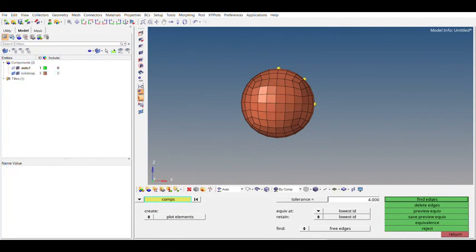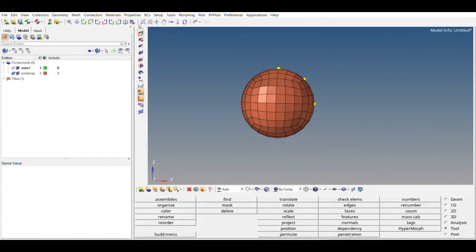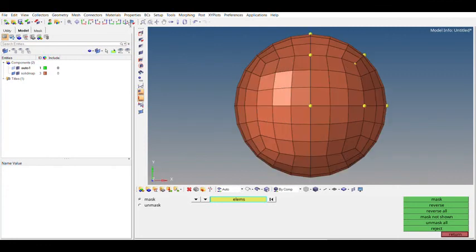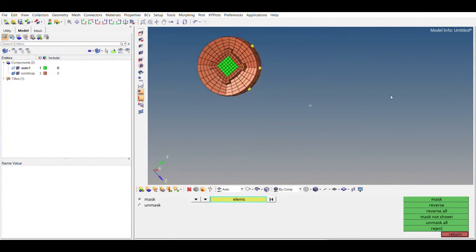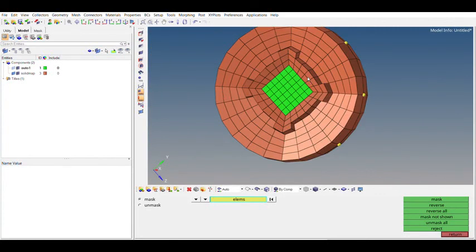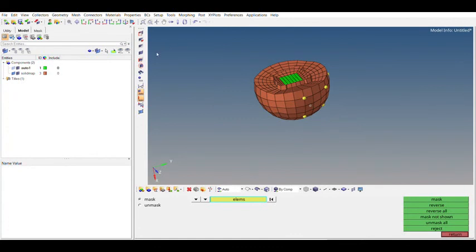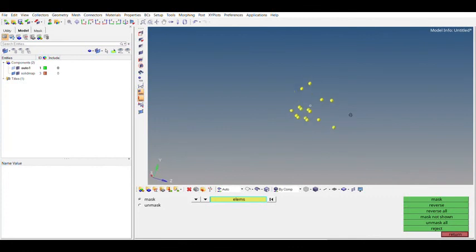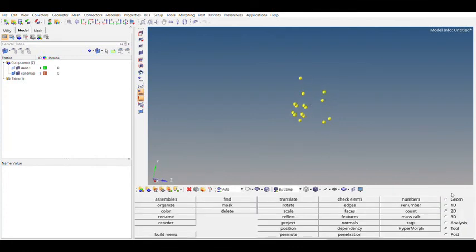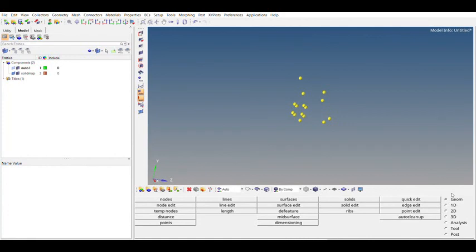Now I have 3D components all around here. I can check the meshing by marking one part of it, and the inner part shows the perfect brick meshing of a sphere is being achieved. You can check the equivalence by opening the mask panel, selecting one element and clicking on attach plus mask. If any of the element is remaining, that means it's not connected to the main element. If every element is masked, then it's perfectly connected.